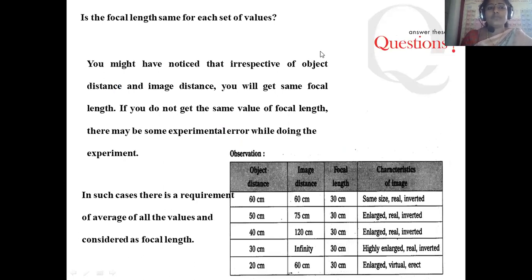Now let us move on to the question. Is the focal length for all the observations identical? So each set of values, are they having the same focal length or not? You might have noticed that earlier we conducted one laboratory experiment. In that experiment, we found the object distance, denoted with U, and the image distance, denoted with V, where focal length got calculated, and for all the readings we got identical focal length values. In most of the cases, the focal length values are taken as identical. This is the fundamental thing we have to follow.